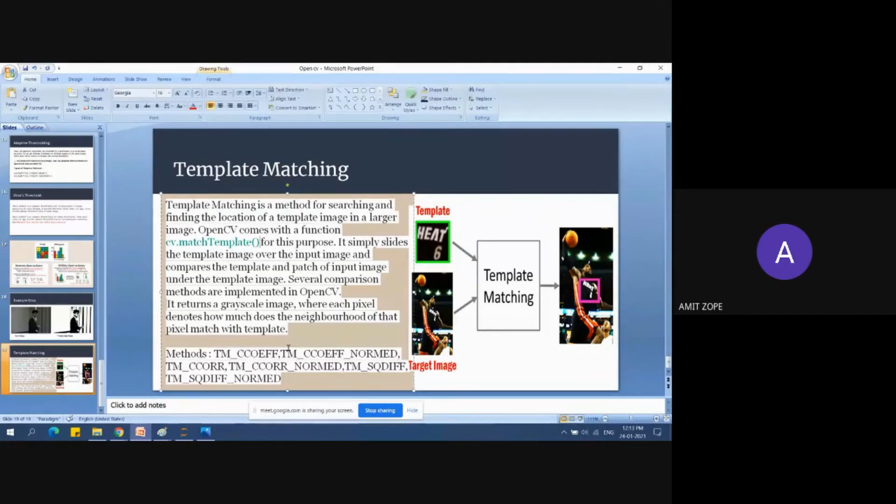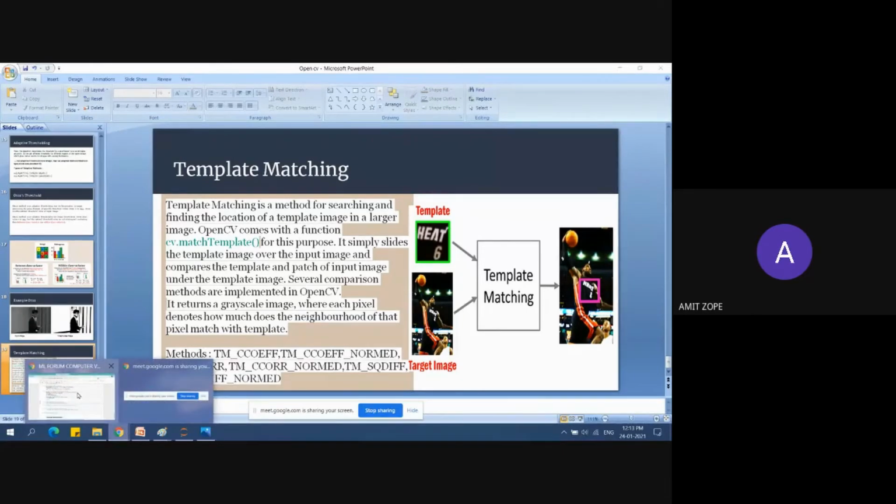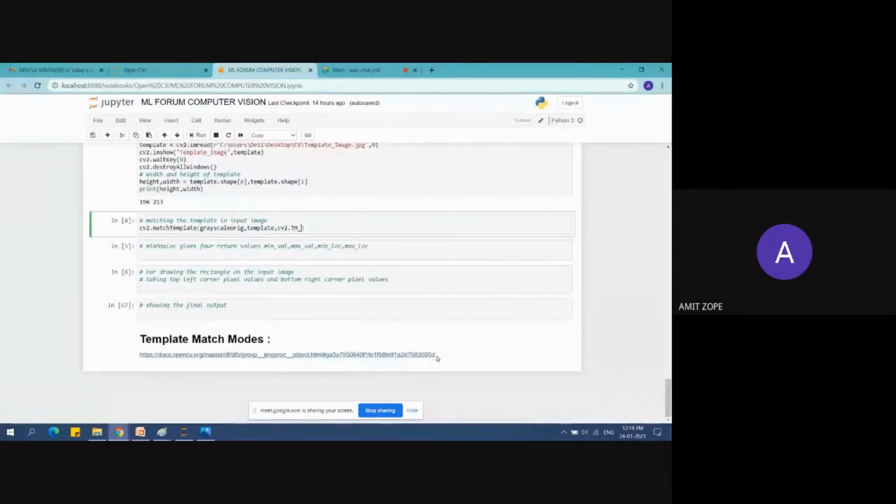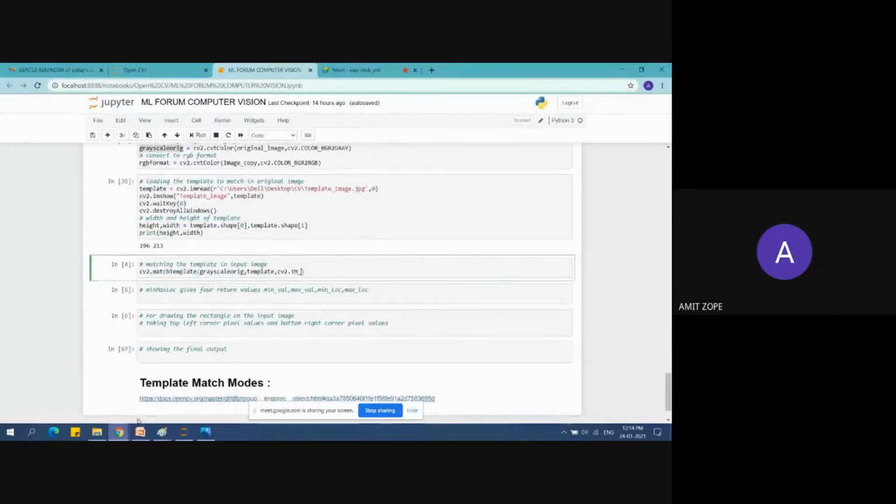The formula is in the documentation I have given here; it calculates how much each pixel value matches the template value.